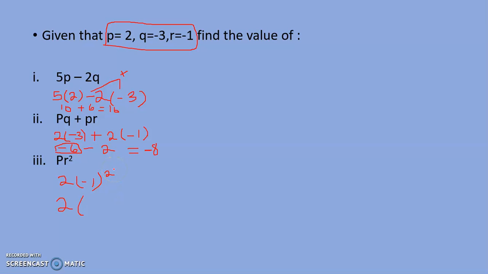-1 squared doesn't mean -1 plus -1. Square means multiply by itself. So -1 times -1. -1 times -1 will give you a positive 1, because it is squared and two negatives are being multiplied. So 2 times 1 will equal to